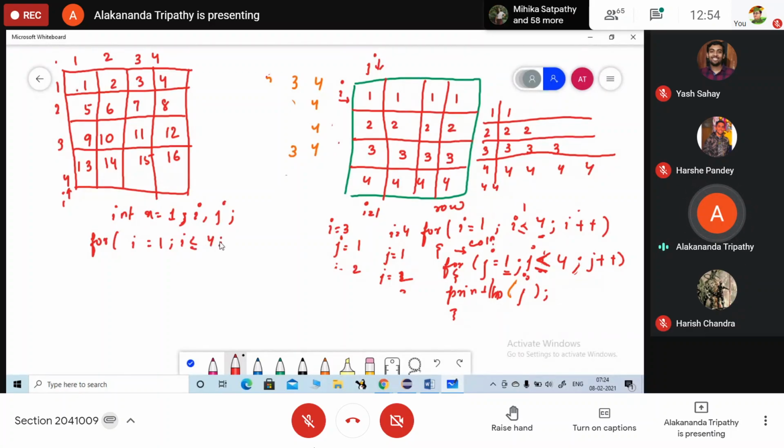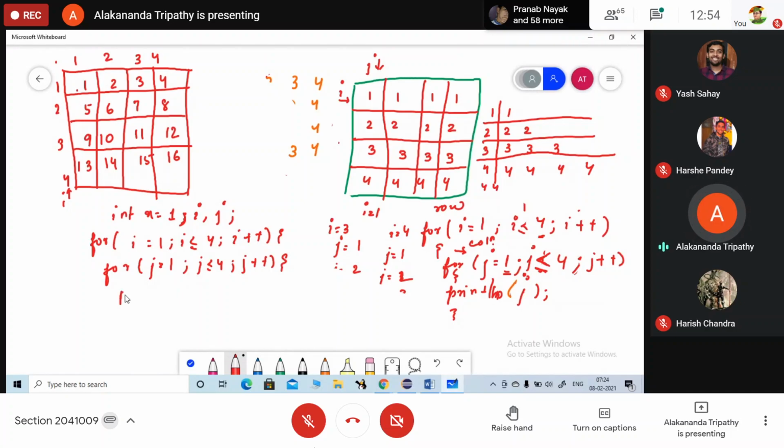Mihika, you are correct. i plus plus. Similarly for j equals to 1, j less than equals to 4, j plus plus. Gurman, yes, you are correct.